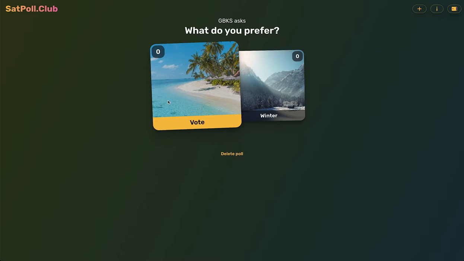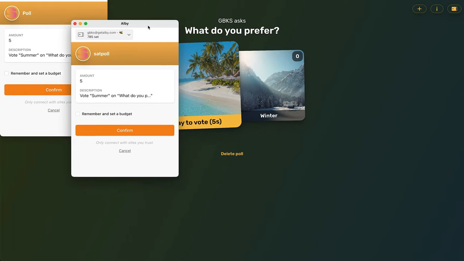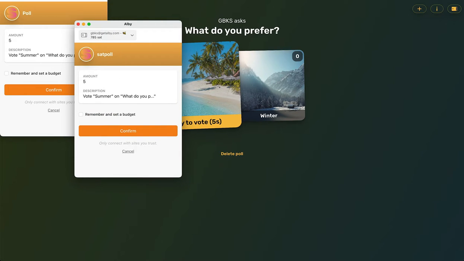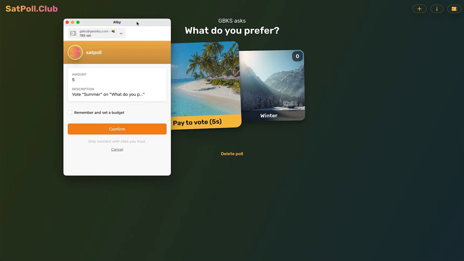But in here, instead of asking the user to confirm whether they want to pay it, I decided to take the route of you just press vote. Then again, it grabs this invoice, and it will send the invoice straight to Alby to request the payment. So there's no extra confirmation in here. Now, if I had set a budget in Alby here, I wouldn't even, weird that it popped up twice. I wouldn't even see this pop up here. It would automatically be paid, but no, I haven't set a budget, so I'm just going to confirm it and